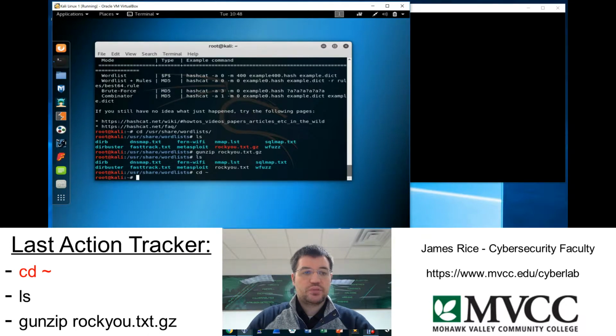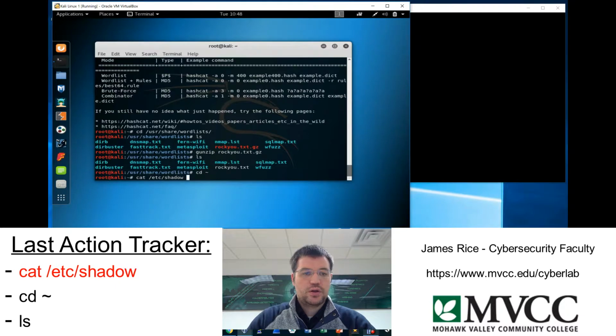Now, if you remember in previous examples, we took a look at the shadow file. So the shadow file was the thing that had the hash for the different accounts on this computer. So let's see if we could just attack our own account. We'll attack our own root computer account. And I'll do this by catting out, I'm just going to cat out the